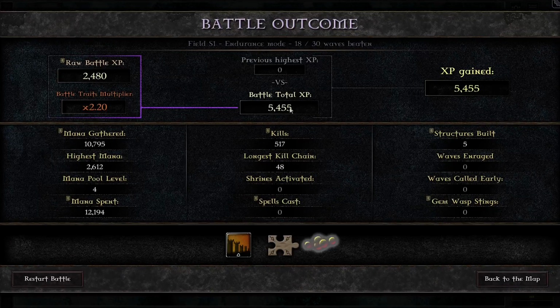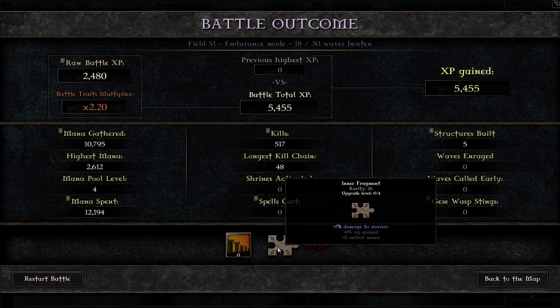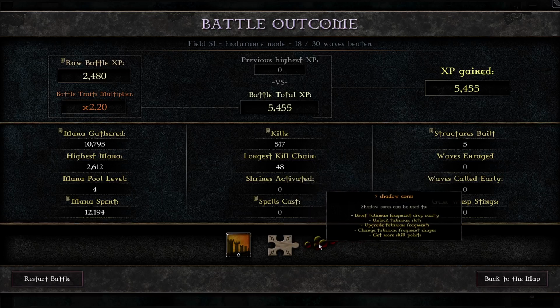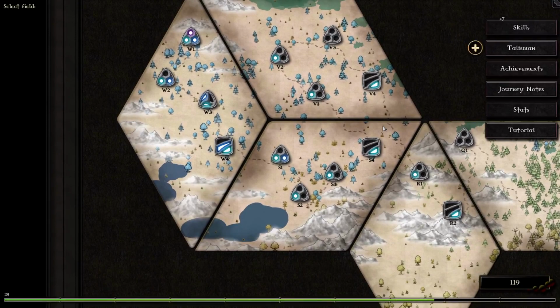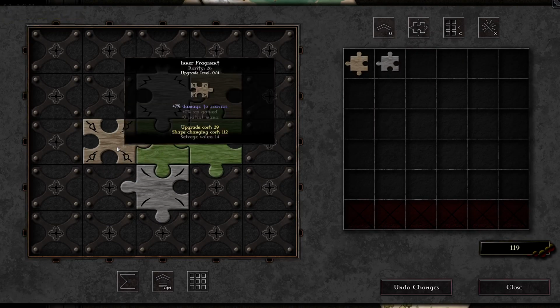We got over 5,000 experience. Not too bad. Oh, this is really nice. That's actually a pretty much perfect combination of traits. Let me see if that one has a... Oh yeah, I can just slot this right here. Easy. Alright, let's go ahead and...